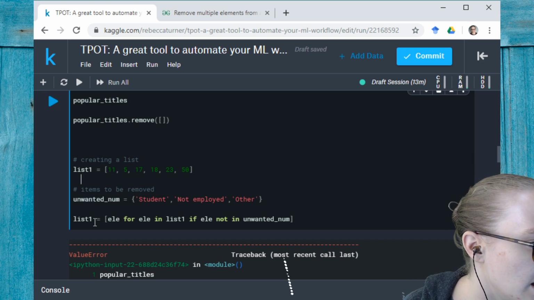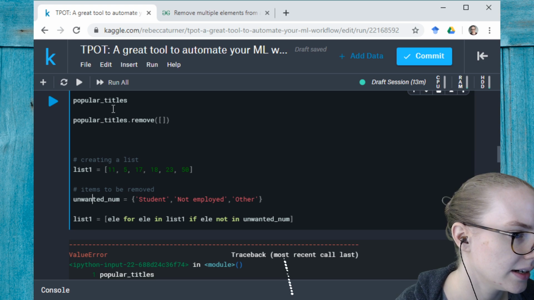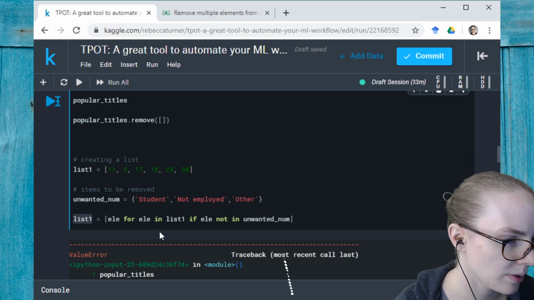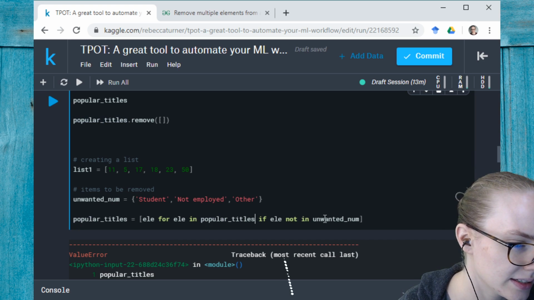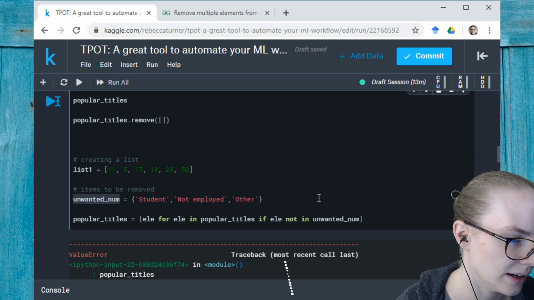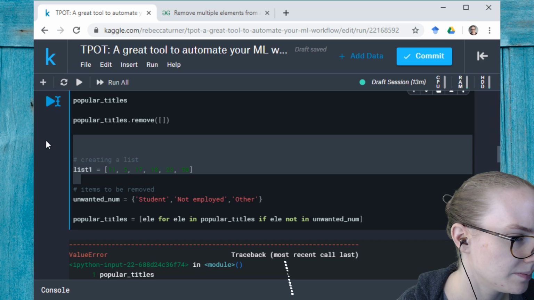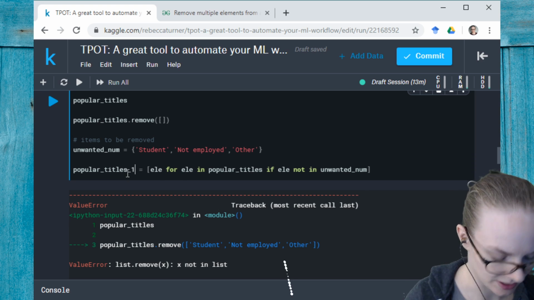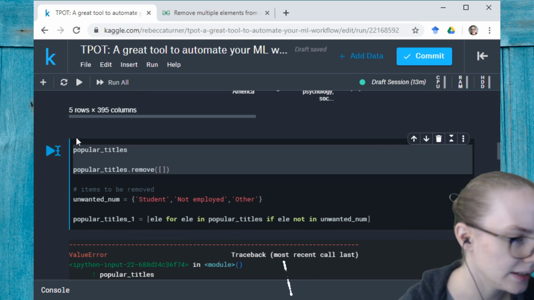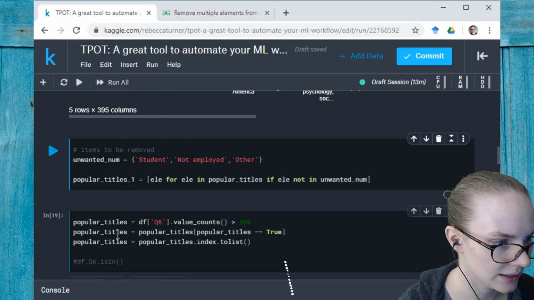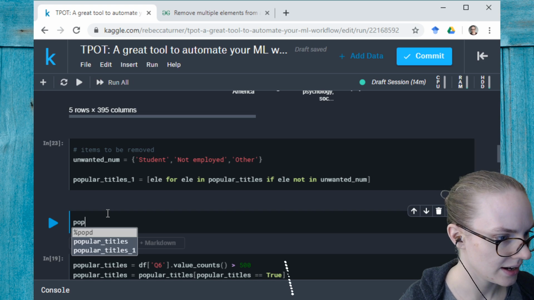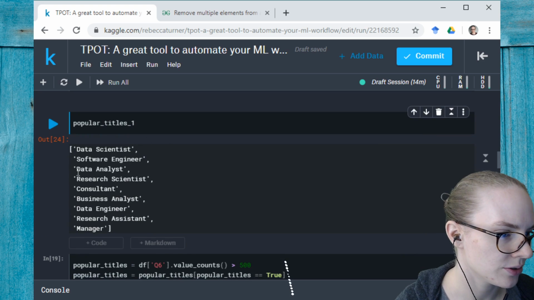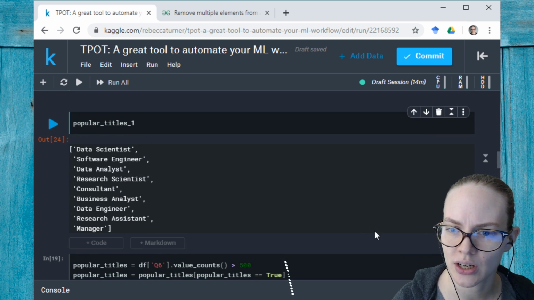So, whoop, there we go. And then popular titles, element for element in list, if element not in unwanted num. Let's call this unwanted num for now. And I'm going to call this popular titles 1 just for my... all right, we didn't get any errors. Let's make sure that we get what we want out. Yep, that looks good. All right, so we have 1, 2, 3, 4, 5, 6, 9-way classification, and we have,